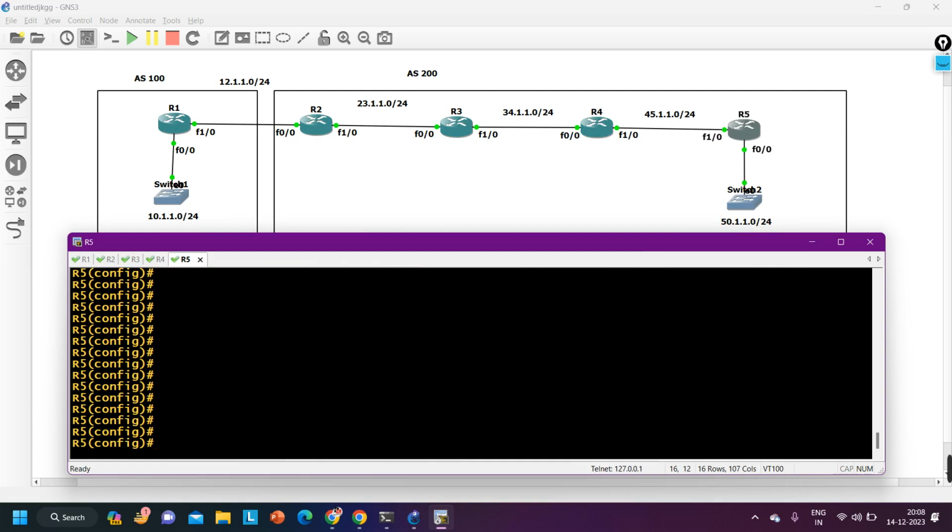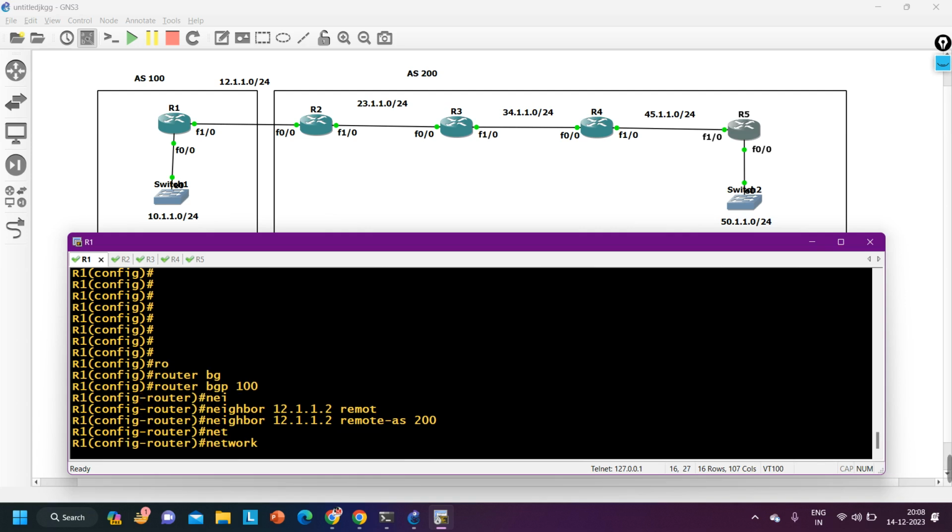Now let me configure BGP on all routers. Let's start from router 1. On router 1, I'm going to run this command: router bgp AS number 100, and then I'm going to say neighbor. Who is the neighbor? 12.1.1.2, the IP address of router 2, and the remote AS of the neighbor is 200. Correct? And then I will advertise one network in BGP here, the 10 network. So network 10.1.1.0 mask